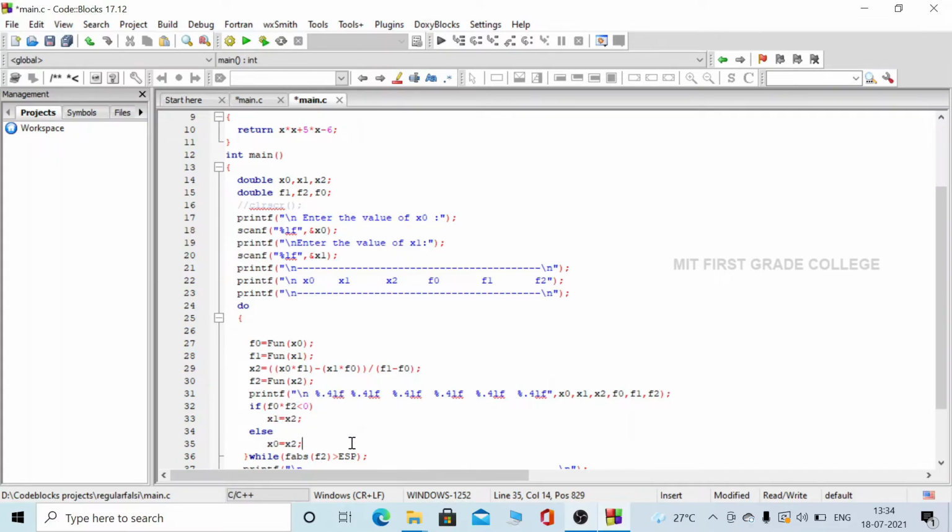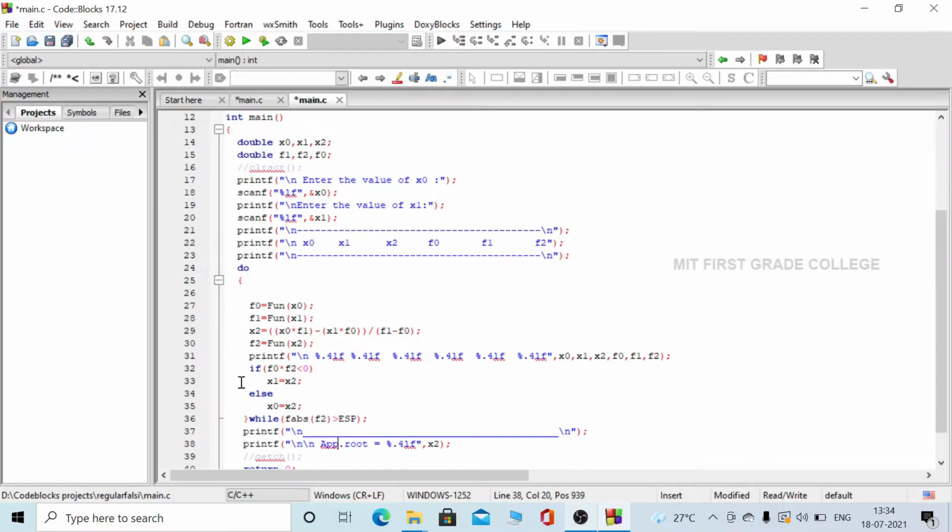Fine. So these are the two initial values for the next iteration, and all these statements are run using a do while loop. So until the while condition becomes false, these statements will be executed. After it becomes false, it will come out of the loop and the root is printed.